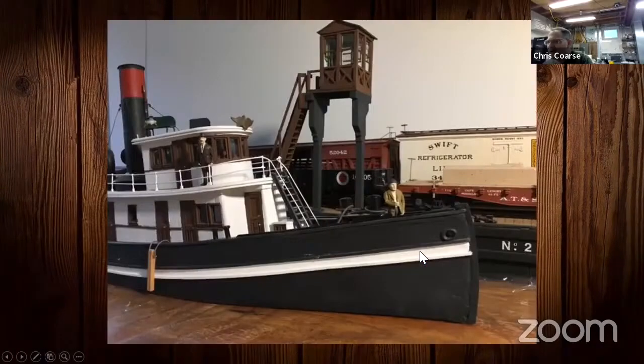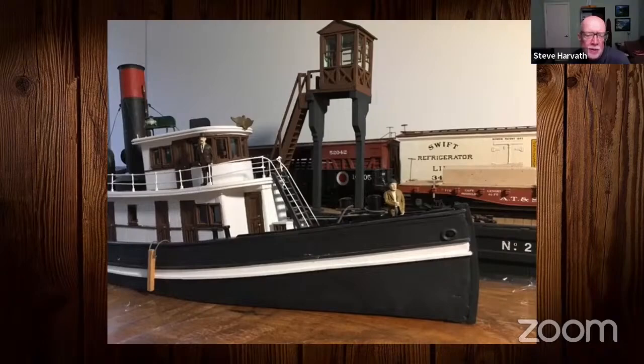Okay. My modeling is in O scale, and my period is circa 1906, which I like because you can model wooden cars, but also early steel cars. On the barge in back, you see a steel flat car and a gondola. I really like doing the research and creating scenes based on real structures and boats and ships. The tugboat in the foreground is called the Philadelphia, and it was a real tugboat, and some wonderful full-scale drawings were made when it was